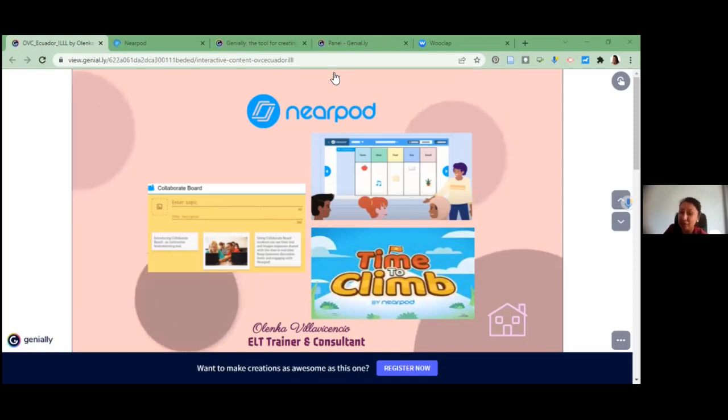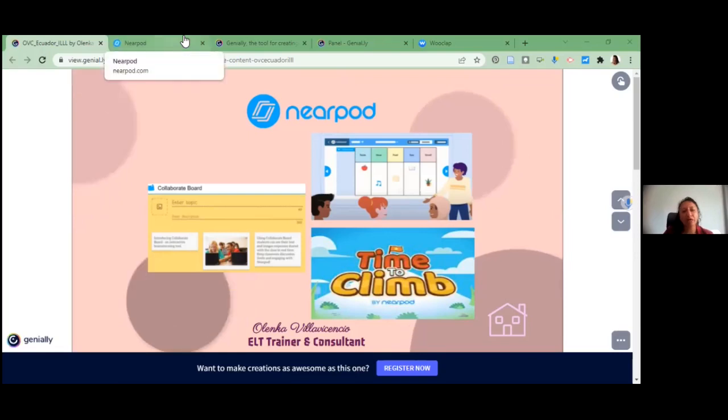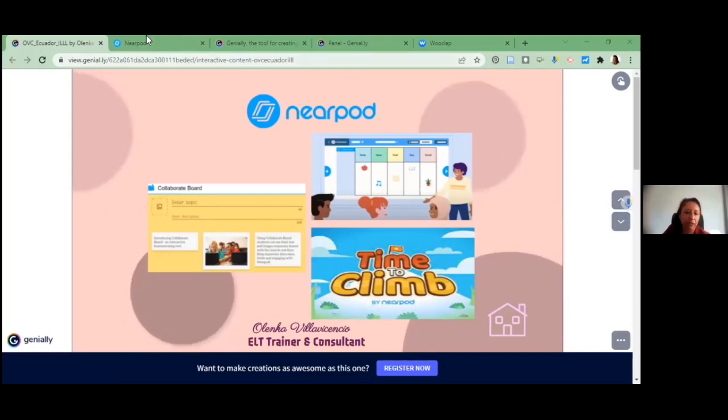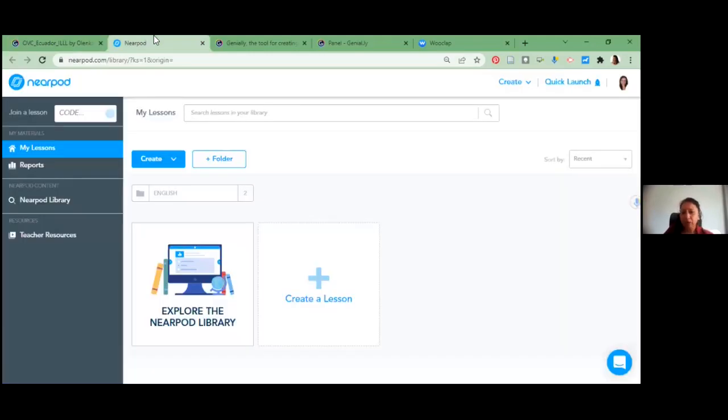This is the idea that I use this part because I love using technology and new things to interact with you. By the way, I have a workshop related to Nearpod in the TESOL International Way that is in 2 weeks. Okay, just in case you want to do it. I am sharing with the person responsible for that, okay, to give you the links or something that you want. This is Nearpod, the same. You have to sign up for Nearpod, and you have the possibility